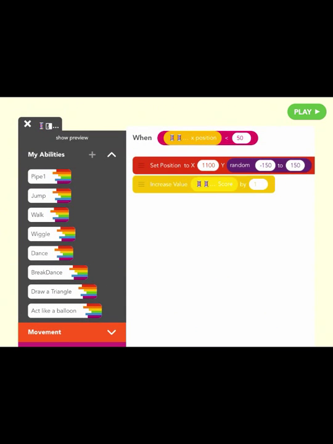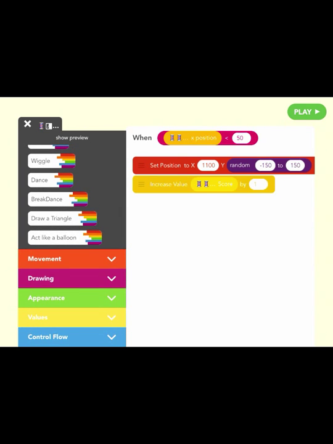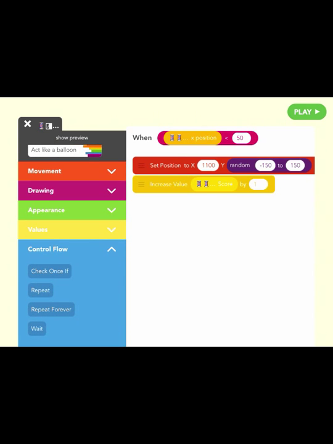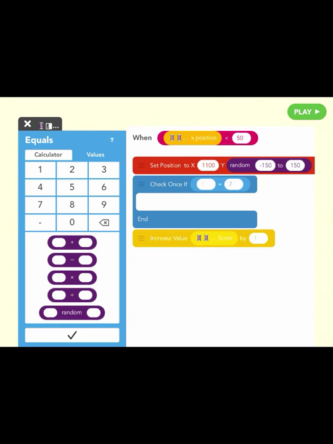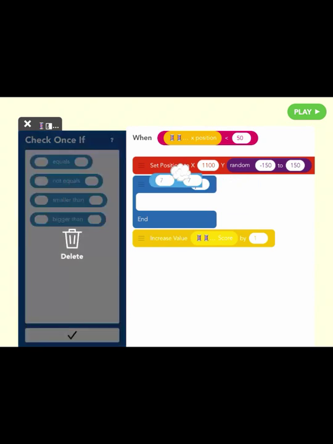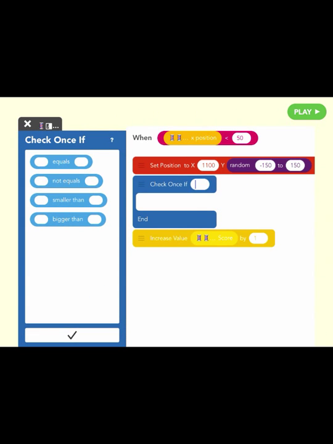Okay, in here we had increase the pipe score by 1 if the X position was less than 50. But that's not exactly what we want, because if Flappy Bird actually gets hit, we don't want it to increase. So we've got this block here, and it's the first time I've introduced you to it, and it's called check once if. And what we're going to say, we're going to check once if, no we're not,